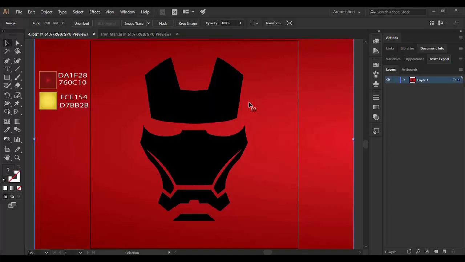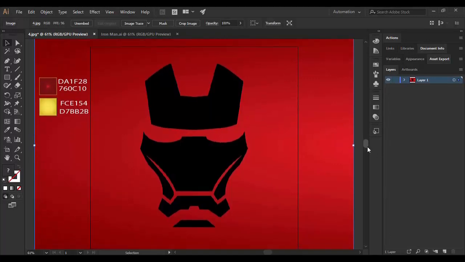So in this tutorial, we are going to see how we can create a vector for Iron Man's mask in Adobe Illustrator. When following this tutorial, I have used a very simple method so that all of the beginners can easily create one Iron Man mask vector for themselves in Adobe Illustrator. So for that, first of all you need to get an image